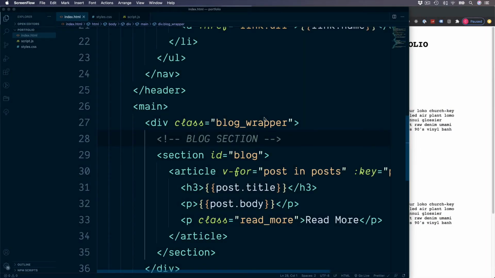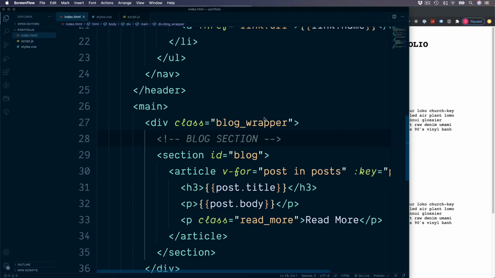In addition to the directives which we have looked at so far, which include v-for and v-bind, we're now going to look at another useful directive called v-on, which will allow us to react to certain events. This v-on directive is also passed to our element inside of the opening tag as an attribute. And we're going to use it to change between the light and the dark mode when the user clicks on